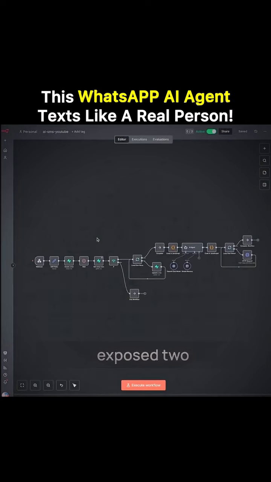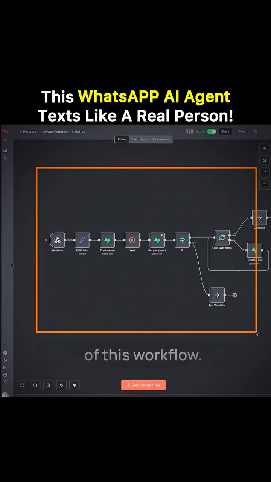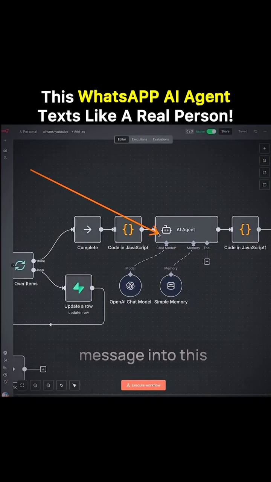So that actually exposed 2 challenges for this workflow. We needed one way to actually receive multiple sequential inbound messages and then batch process them as one response. So that's what we do in the first part of this workflow. We're actually building a net inside n8n to catch all those sequential messages, wait for a period of time, and then batch process them into one single message, which then allows us to place that one single message into this AI agent node to be treated as one response message. Otherwise, every single inbound message from our sender will be treated as its own execution and will not have context